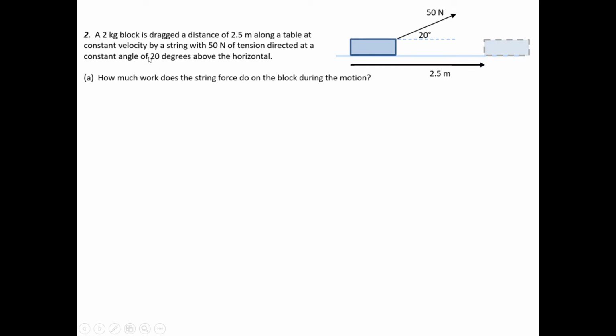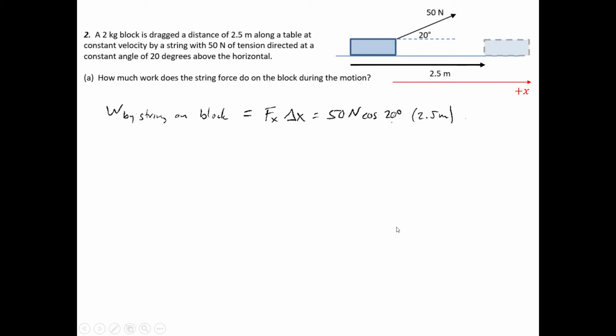Now on to the solution of problem 2. So again, we're dragging a box along the ground at a constant angle, with constant tension in the string that we're dragging it with, for a certain distance, in this case along a table, but horizontally. And we're going to calculate the work done by that string force on the block during the motion by Fx times delta x, and delta x, again, we've aligned our